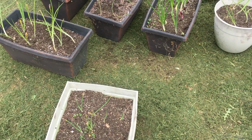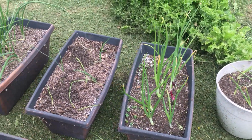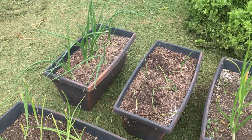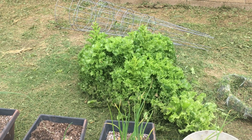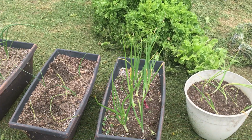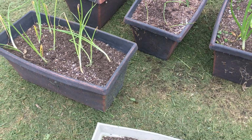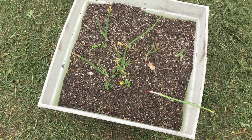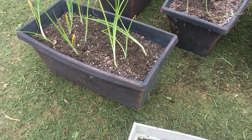And I got a bunch of onions. Now they all should look like this one, or perhaps that one, which is nice and big. But I had a bunch of this lettuce that just popped up. It's a huge pile over here. And it pops up everywhere. It was in all these containers, and I finally cleaned them out today because they're just competing too much with my onions. As you can see, they're very small onions,